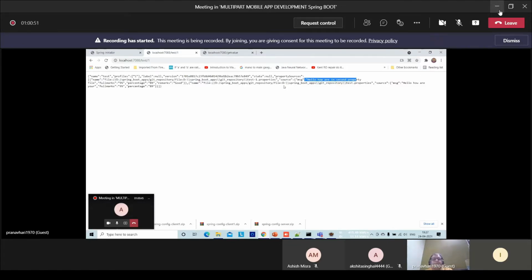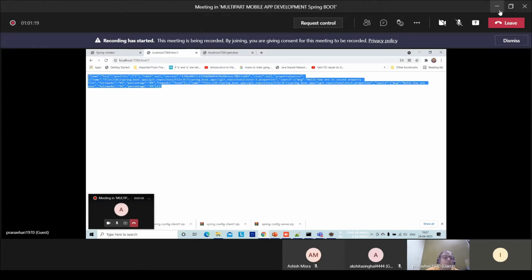That means it is fetching the data of both property files, that is the main file whose profile was default, and the second property file whose profile was 1. So the data of both property files is fetched.